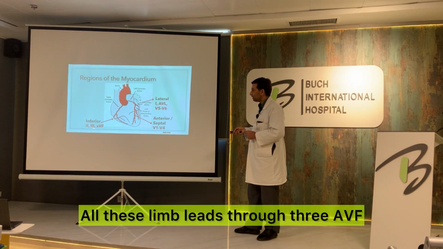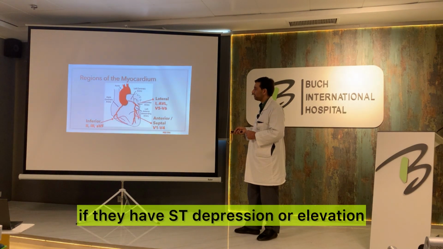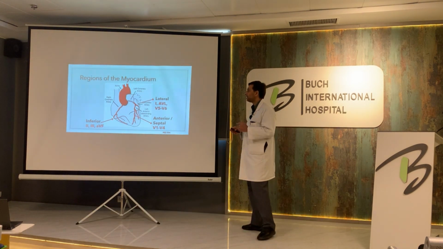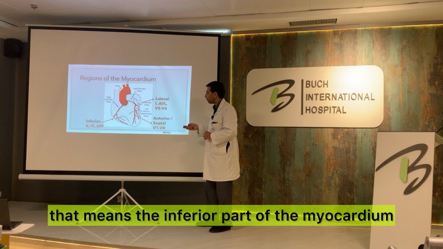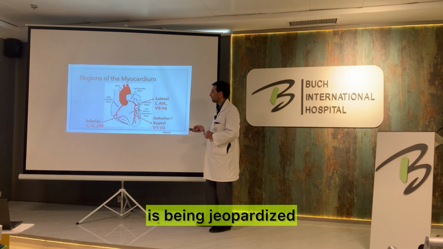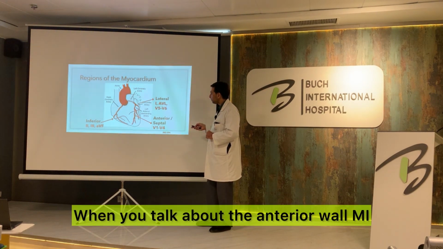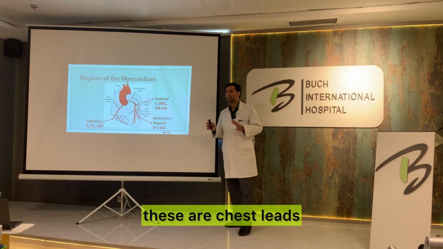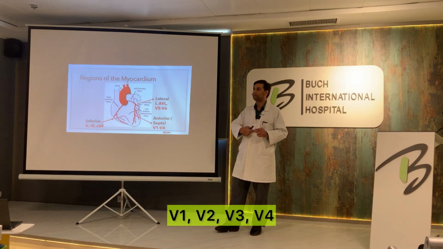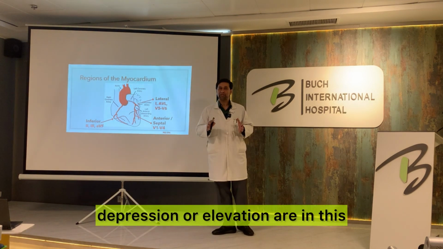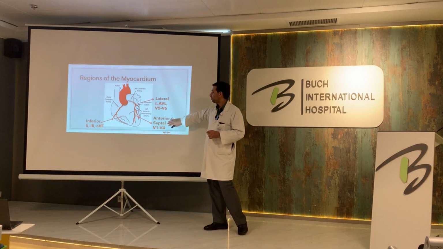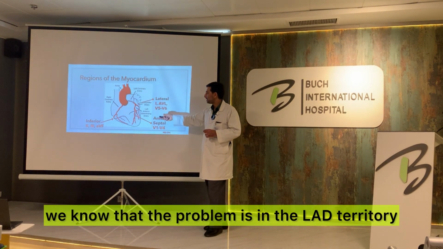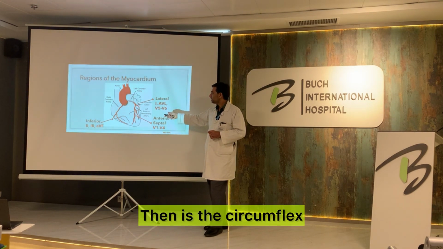On the ECG, 2 and 3 are the limb leads. All these limb leads, 2, 3, AVF, if they have ST depression or elevation, that means the inferior part of the myocardium is being jeopardized. When you talk about the anterior wall MI, it's V1 to V4 on the surface ECG. These are chest leads, V1, V2, V3, V4. So if the ECG changes, depression or elevation, are in this, we know that the problem is in the LAD